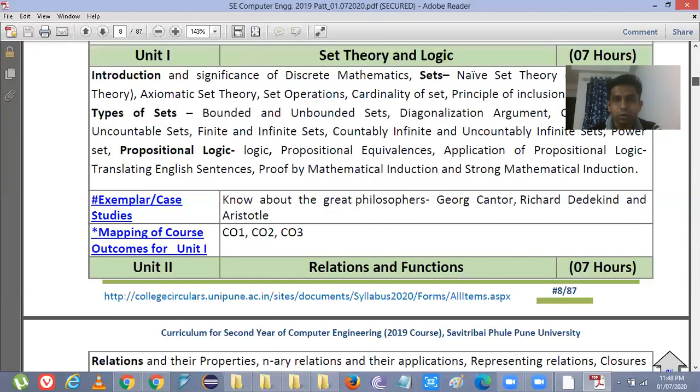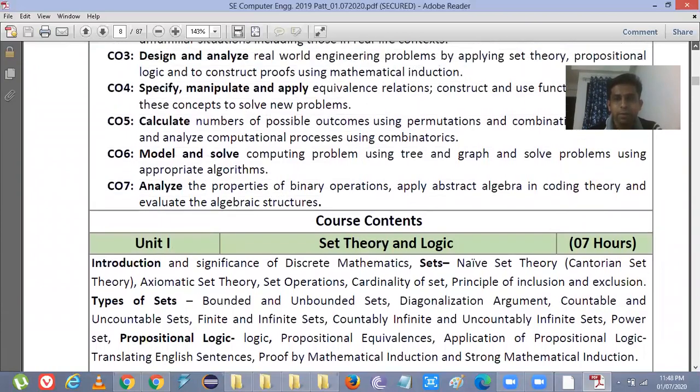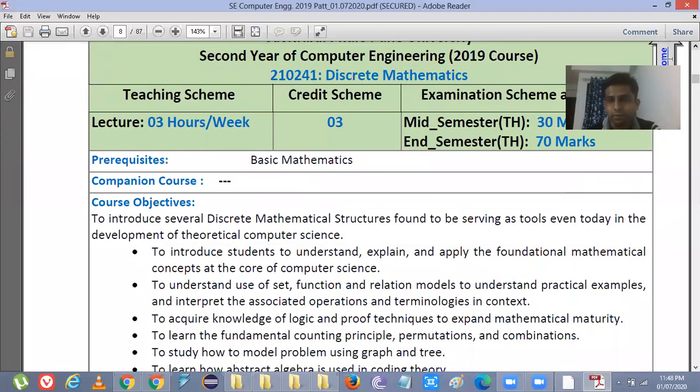As I already told, the examination is divided into two parts. The first is the mid-sem and the second one is the end-sem. Mid-sem is of 30 marks and end-sem is of 70 marks. The syllabus for the mid-semester is the first 3 units, meaning on the first 3 units there are 30 marks. For the end semester, the syllabus is all 6 units, meaning the 70 marks are divided among all the 6 units.